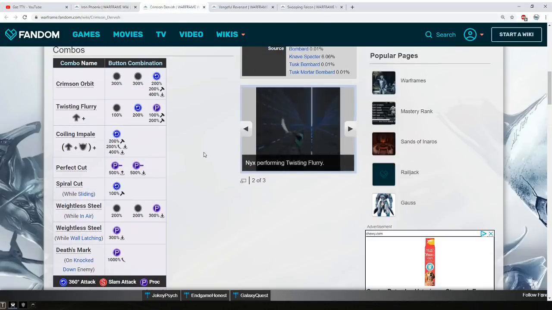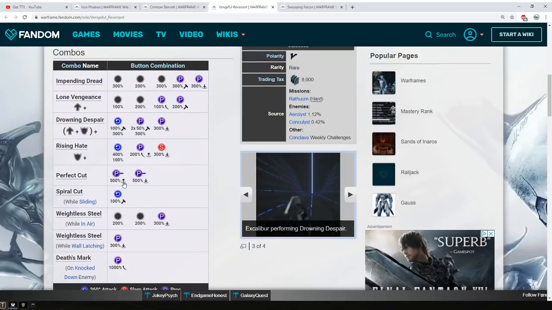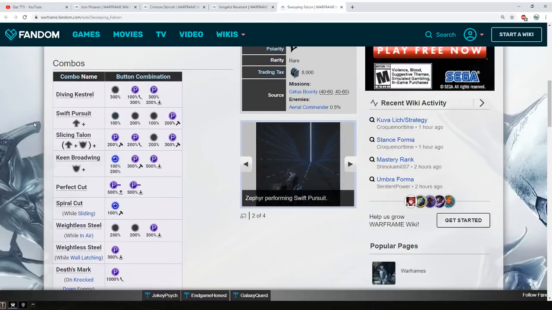I would really recommend either Vengeful Revenant, Swooping Falcon or Crimson Dervish. And my personal favorite is Swooping Falcon. Crimson Dervish has some good multipliers. Vengeful Revenant has lots of weird stuff going on with it, like lots of knockdowns, lifted status in the normal combos, like slash procs. I do like Vengeful Revenant. It's pretty rare, though, so kind of hard to say. But yeah, Swooping Falcon just feels like it flows the best to me, so that's the one I use. And you should just use whatever one you like as well, so...